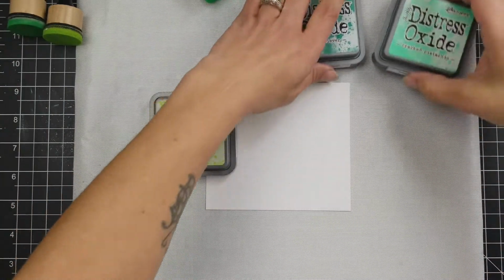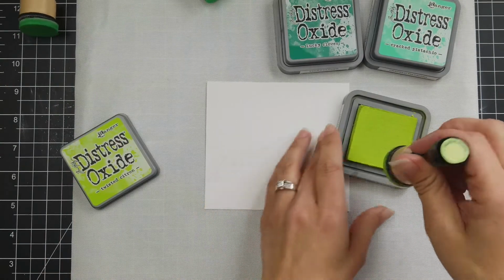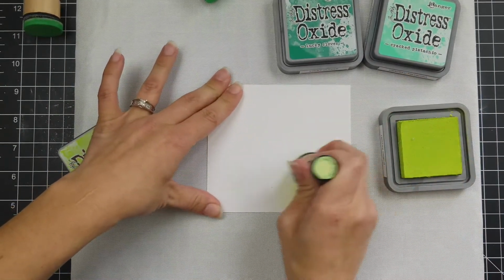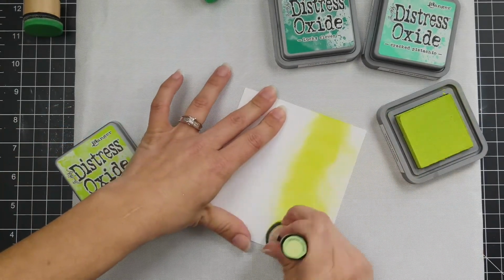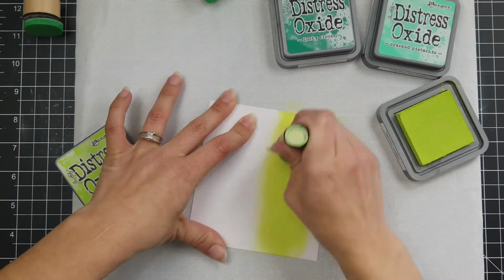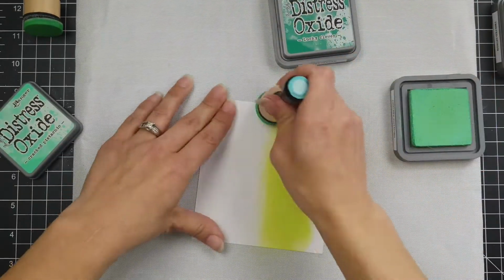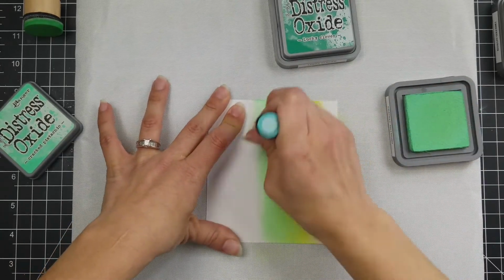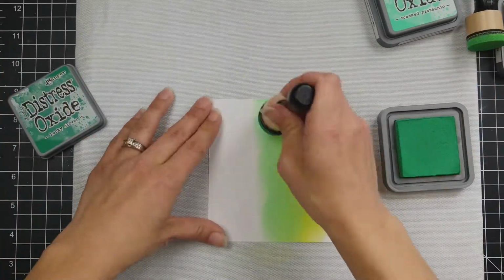So next, while I have my craft mat out and that cloud piece is set off to dry, I wanted to make a hillside, but I wanted it to not just be plain cardstock. I wanted to have that distress ink look to it. So I'm starting off with Twisted Citron Distress Oxide. This is also on Bristol Smooth cardstock because it just blends really nice on this cardstock. And then I'm going to come in with Cracked Pistachio, and I'm going to drop a layer on there,